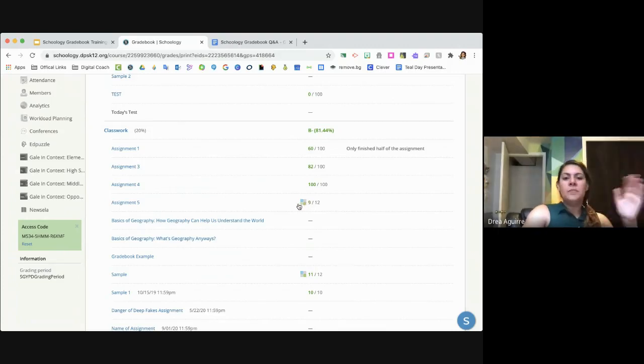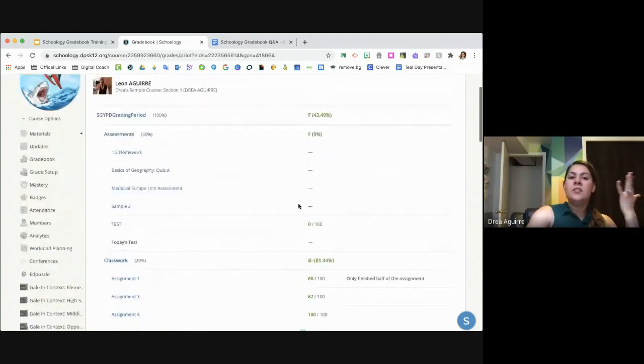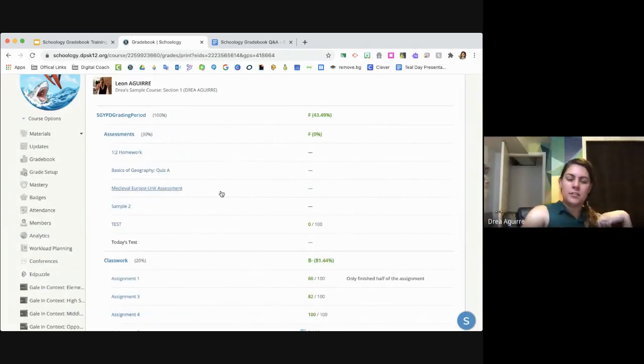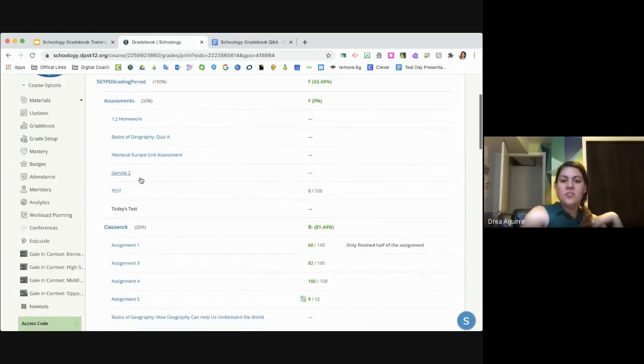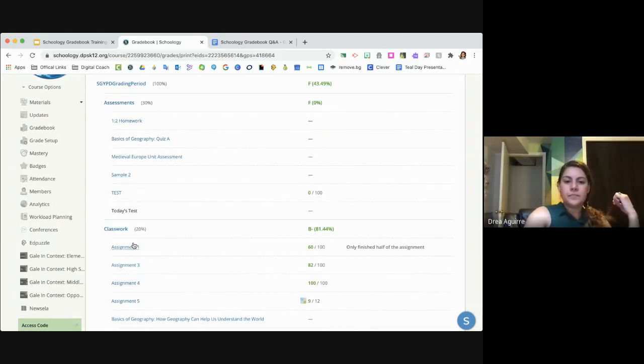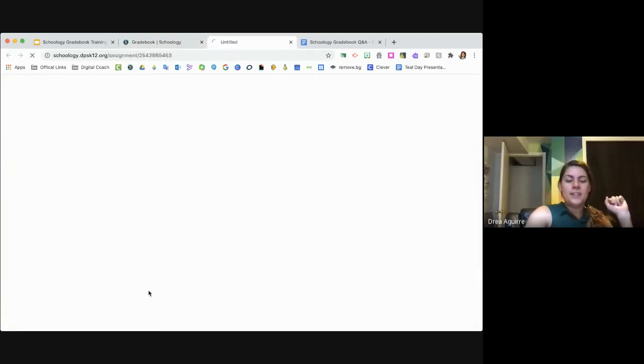And then what's super cool, if they're accessing this online, this is kind of what the students see when they click into their grades. This is also what the parents will see when they click into their grades for each class. This is the breakdown of what it'll look like. We have our overall grading period grade here with my categories listed under that. And you see how all of these are in blue. That means that they're Schoology attached assignments or assessments, so they're not grade columns. And so when I click on the assignment,